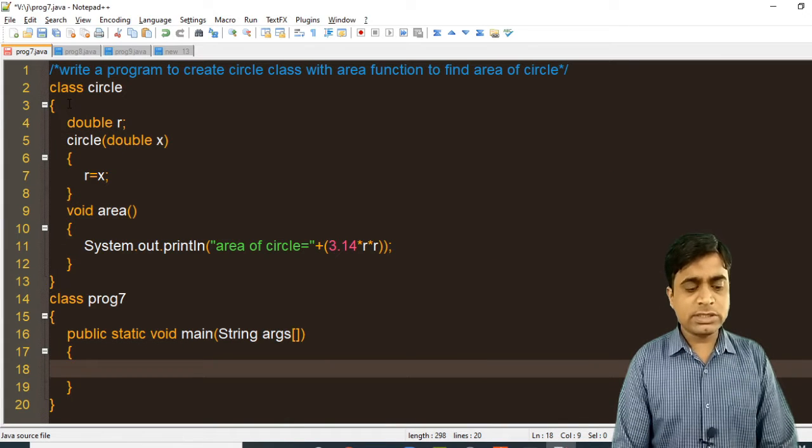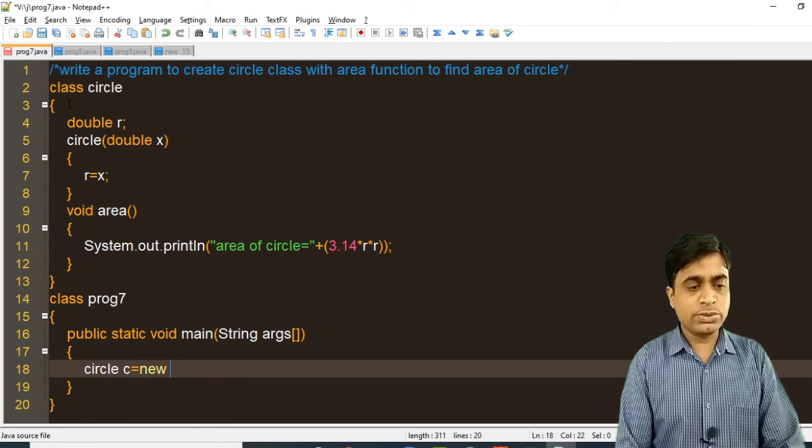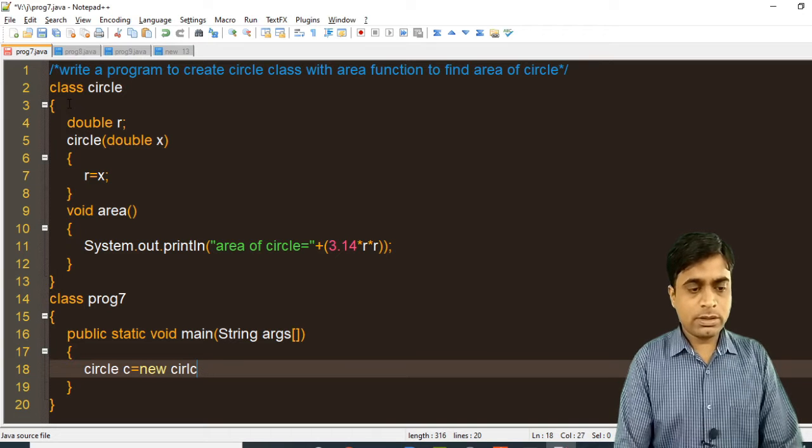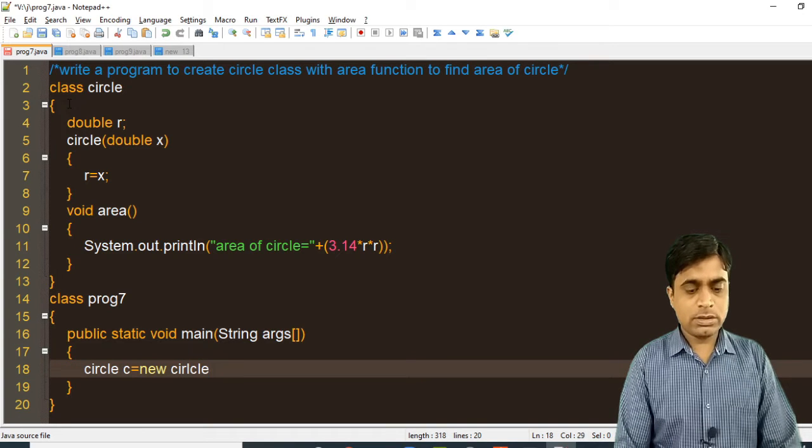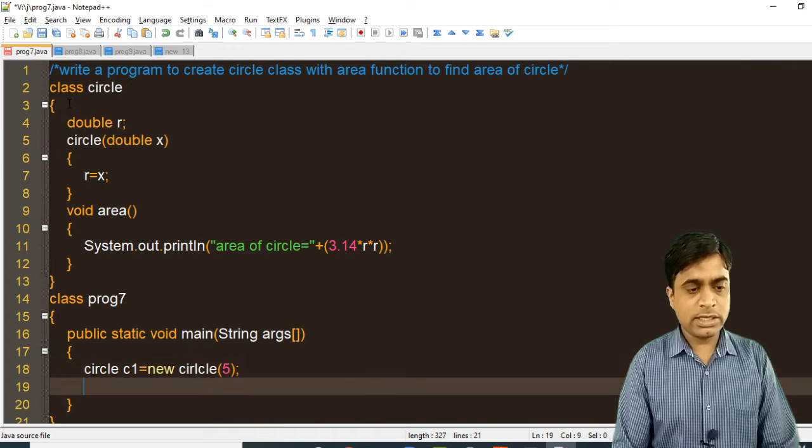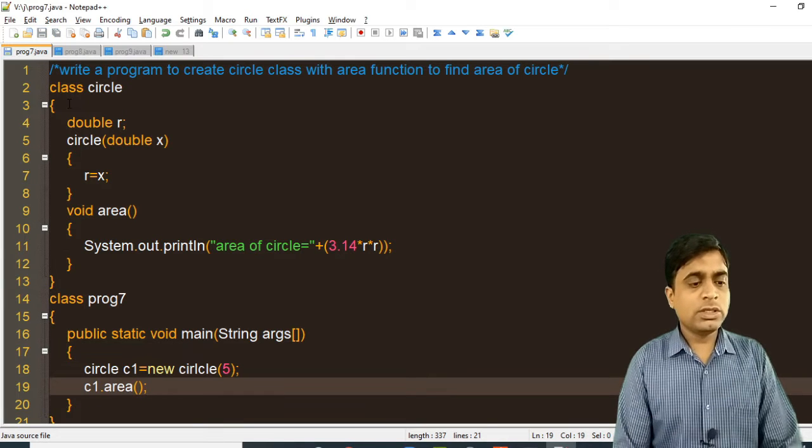Now in the main function, just instantiate the object, Circle c1 is equal to new Circle, and I am passing the value 5 as the radius. I am creating a variable of Circle and calling that particular circle's area.